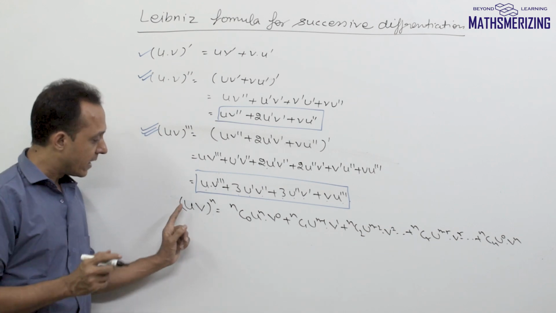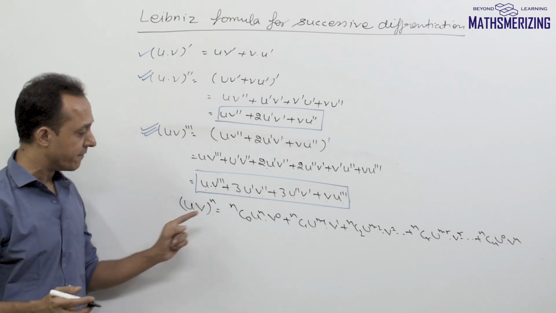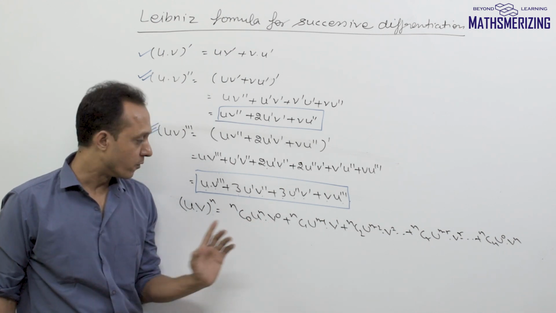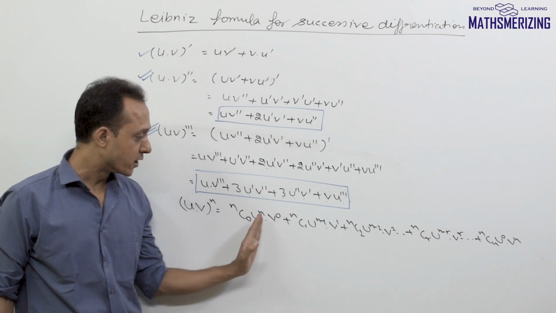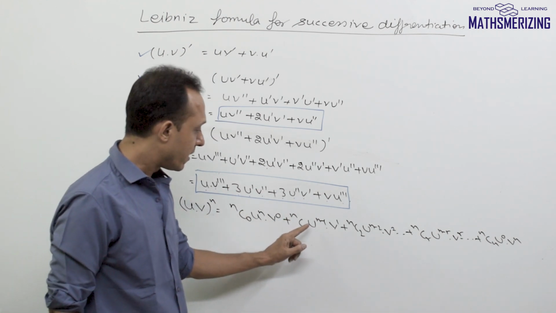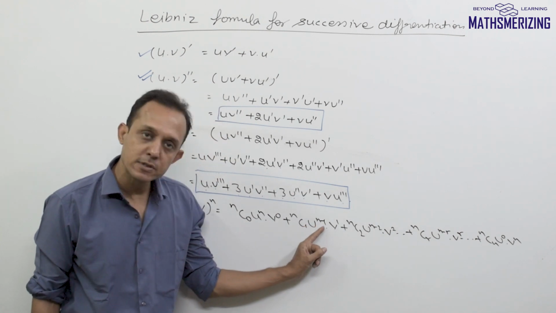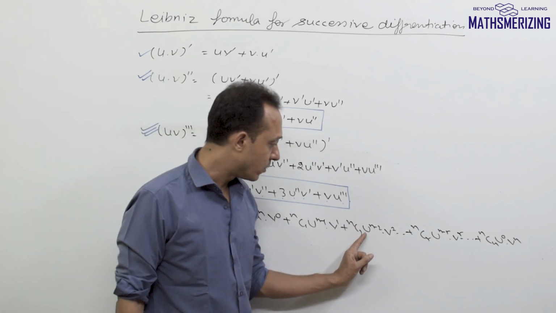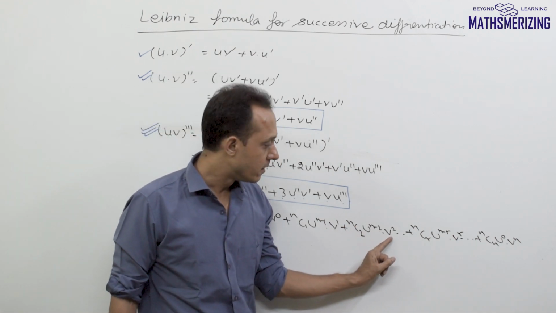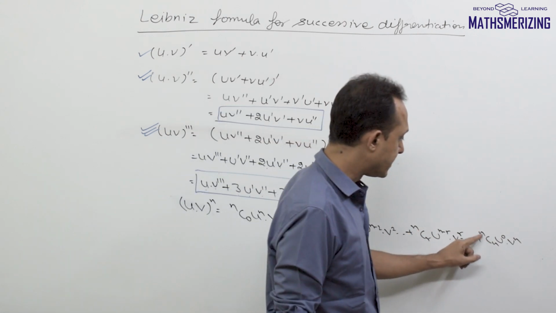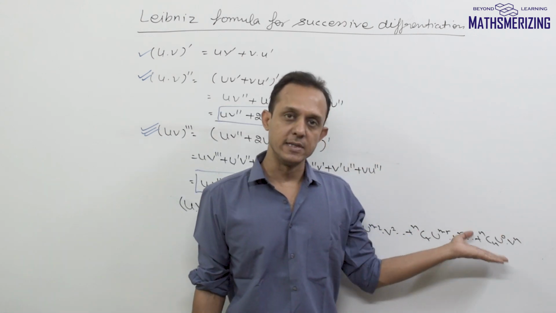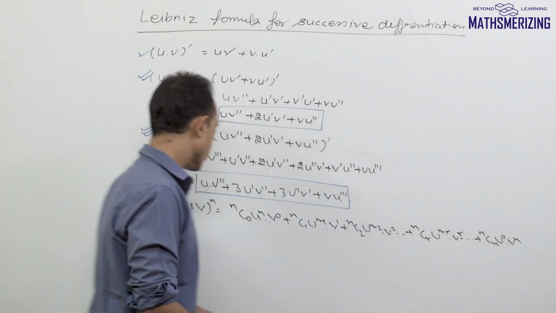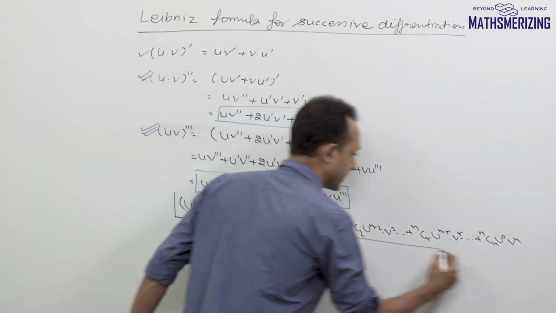So if we have to find the nth derivative of this product u into v, then it is given as nc0, nth derivative of u, and 0th derivative of v. When I say 0th derivative of v, it simply means the function itself. So nc1, now I'm going to differentiate u n minus 1 times, and then differentiate v 1 time. nc2, differentiate u n minus 2 times and differentiate v twice. And then finally ncn, so keep u same, u to the power 0 is the 0th derivative, which is u itself, and this is the nth derivative of v. So this is your formula for successive differentiation